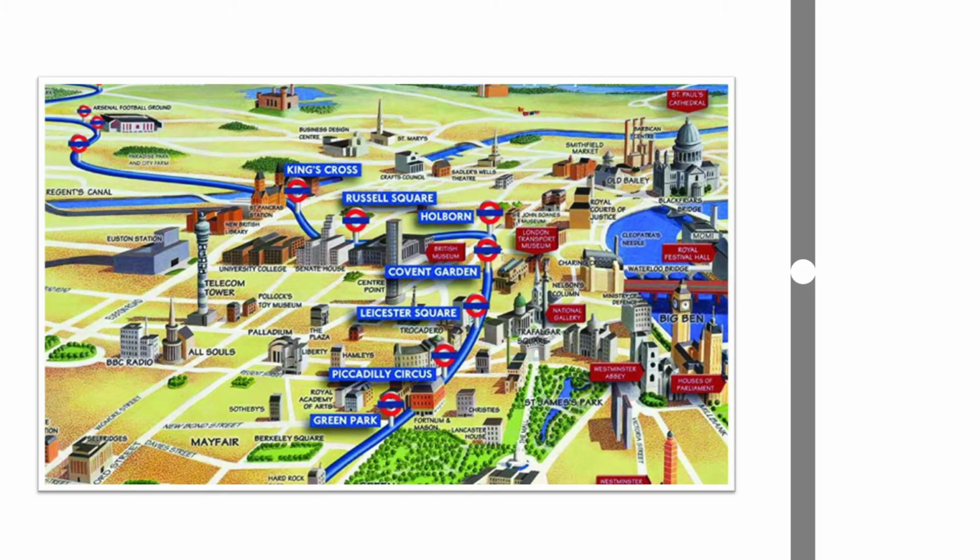The original was 8 foot tall, but it came down to sort of poster size, and you saw it in the carriages. But I like this idea of being able to see the above ground and to have that context of where does the line go, what landmarks does it pass, and where are the stations that I need to get off along this route. You know, where does the Piccadilly Line go near Hyde Park, for instance? We'll just show a small sort of inset of that map, and you can start to begin to see some of the relationship between not just the below ground and the above ground.